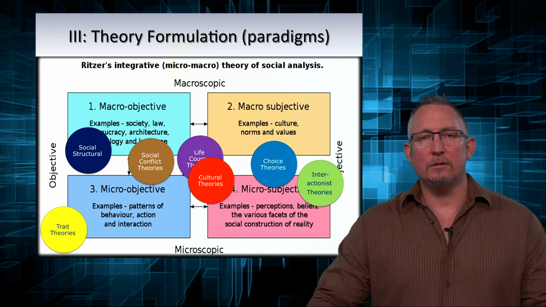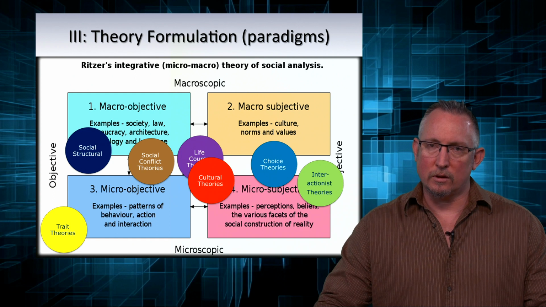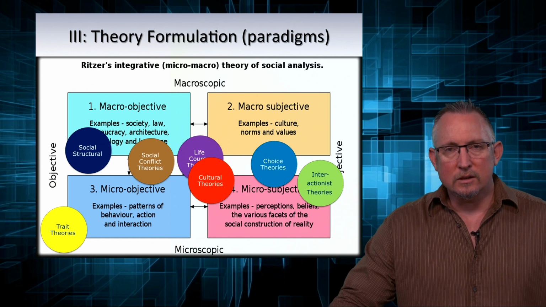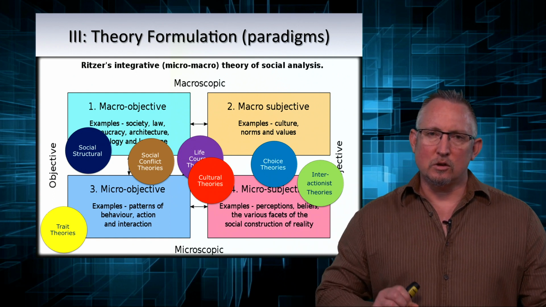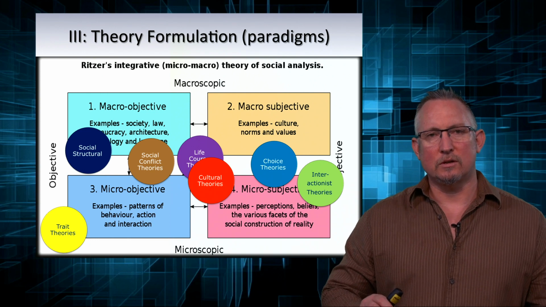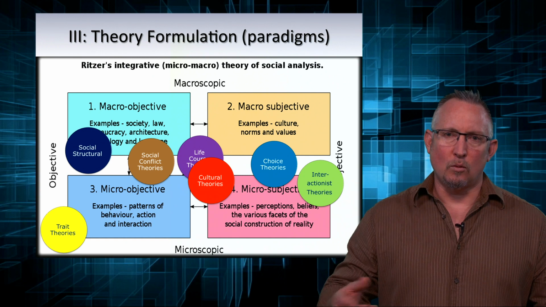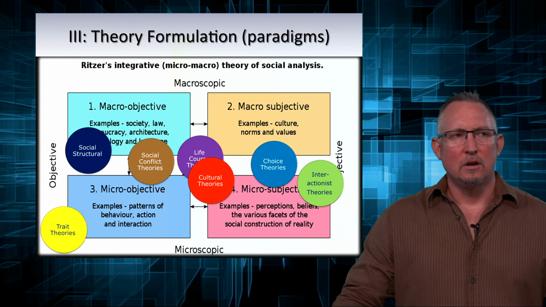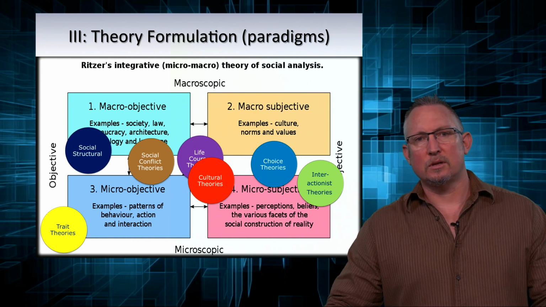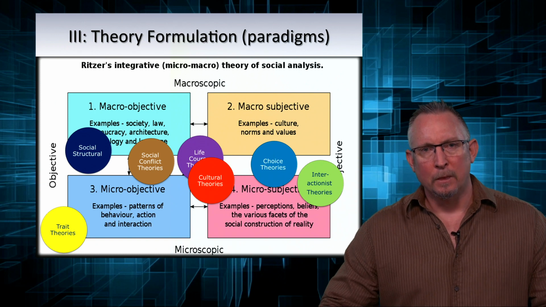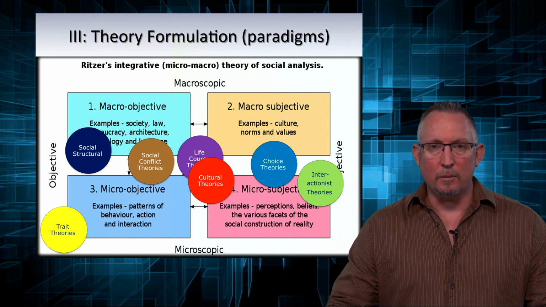So all these theories aren't better or worse. This is one of the things I want you to understand. All these theories depend really on where we're starting our research question from. Are we interested in micro-level questions? You know, why, for example, is there an increase in suicide among young people in Australia? We would want to begin with a hypothesis.